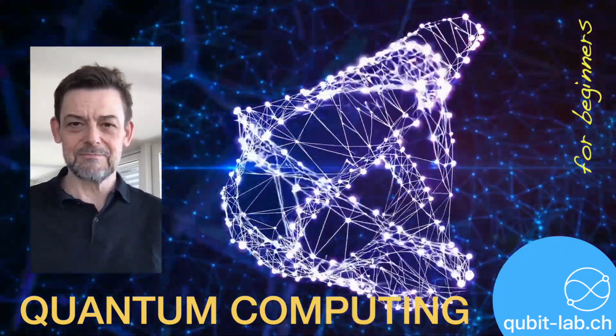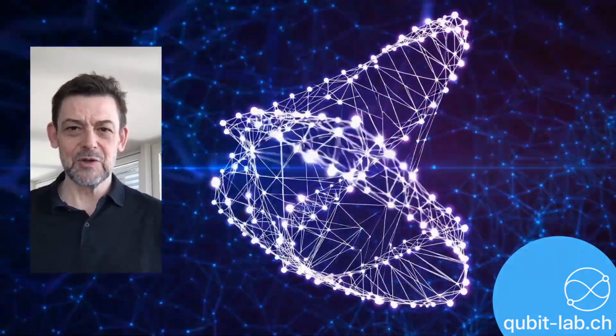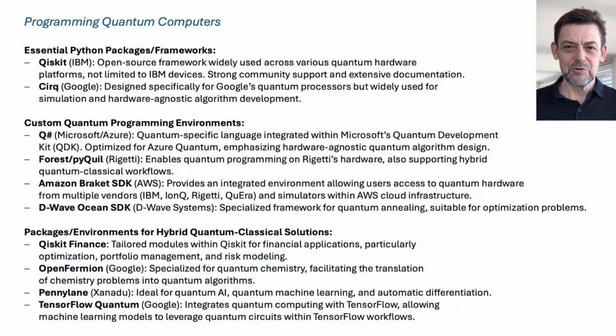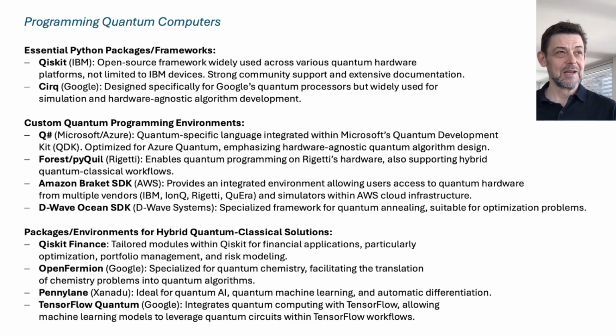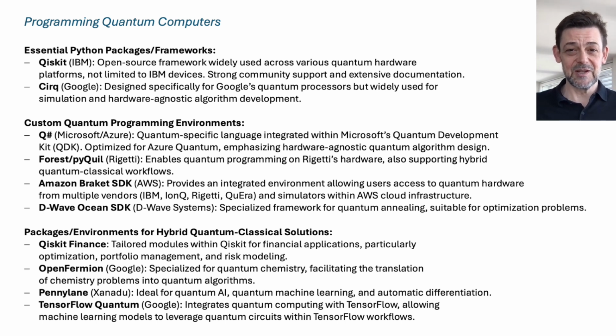Let's have a look. If you want to create a quantum program, you will first need a suitable programming framework. Here is a brief overview of quantum computing environments. Hardware manufacturers typically offer their own specific frameworks, with IBM's Qiskit and Google's Cirq being among the most prominent. Both are Python-based and widely adopted. Qiskit in particular has strong community support and can be used beyond IBM's hardware. We'll use Qiskit for our Hello Quantum World example, but the core concepts apply universally.